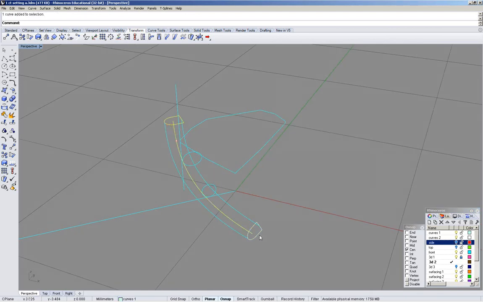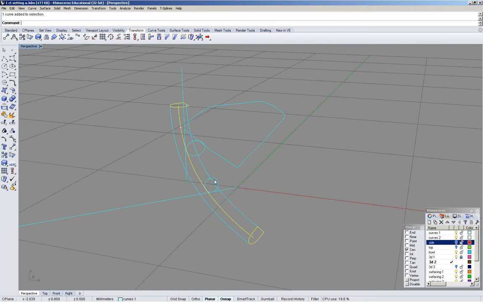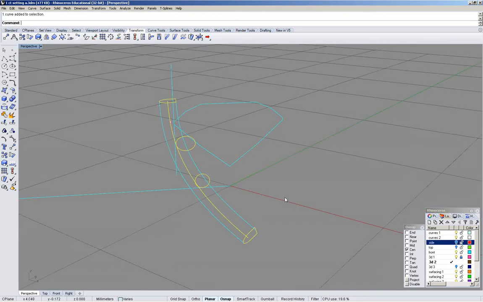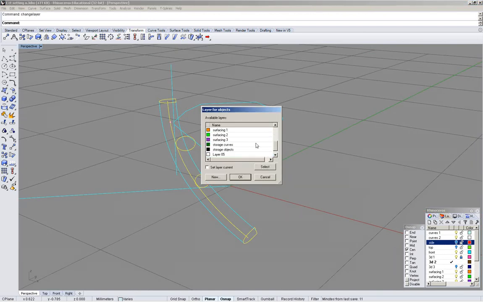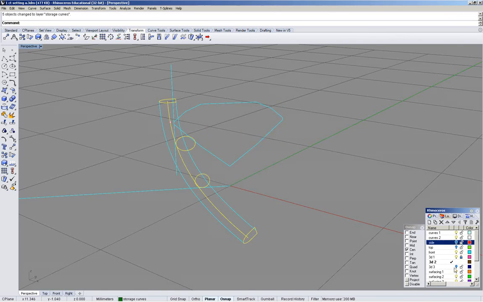So these and these I will group together, and I will put them on a storage curves layer. And the surfaces they control